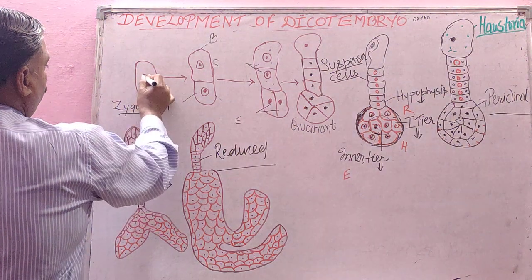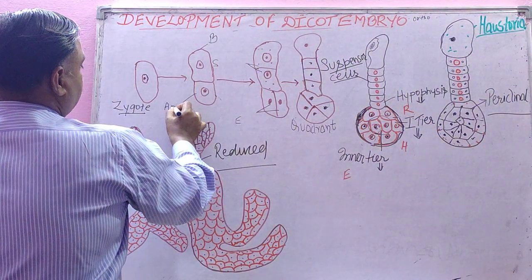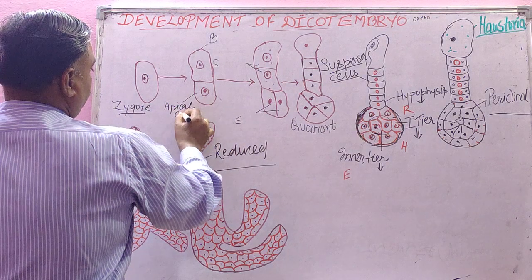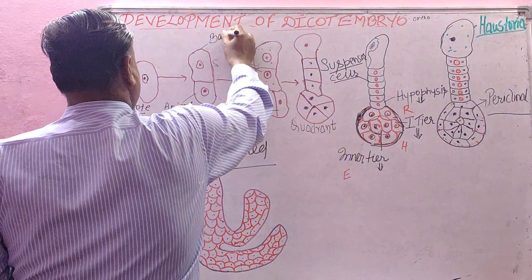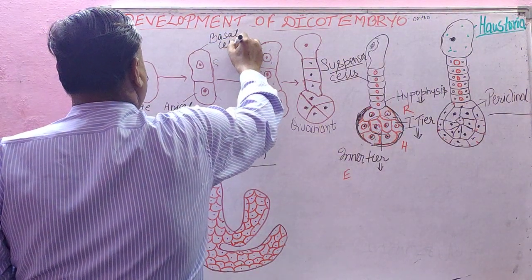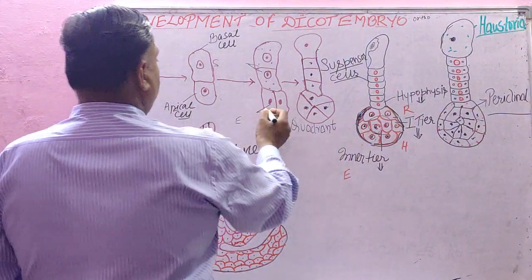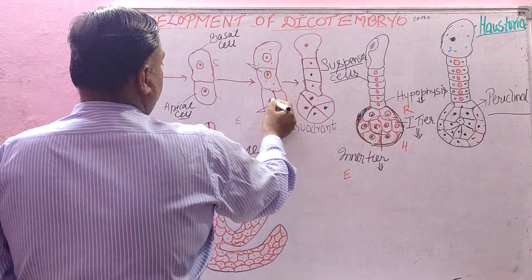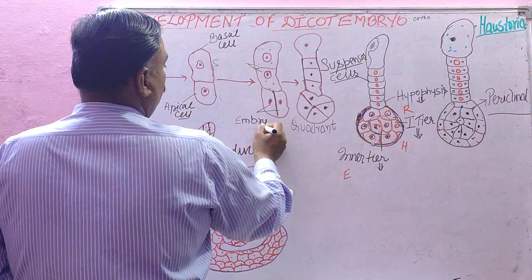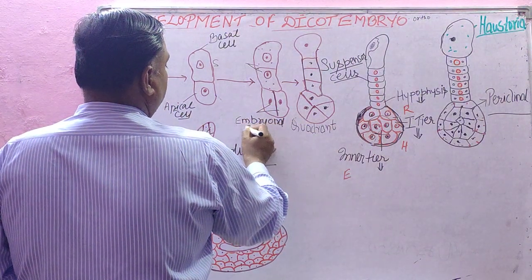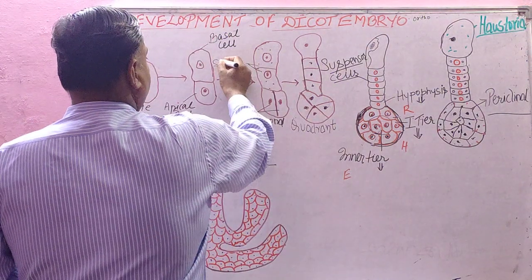transverse division of the zygote. Transverse division of the zygote into a smaller apical cell towards the chalazal end and a larger basal cell towards the micropylar end, isn't it? Now there is a vertical division in the apical cell, giving rise to two embryonal cells, and again a transverse division in the basal cell giving rise to two